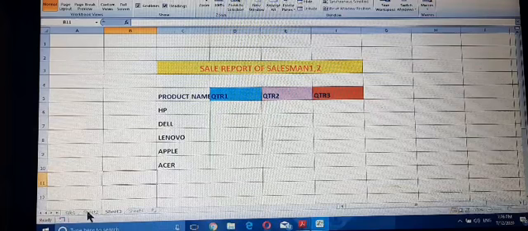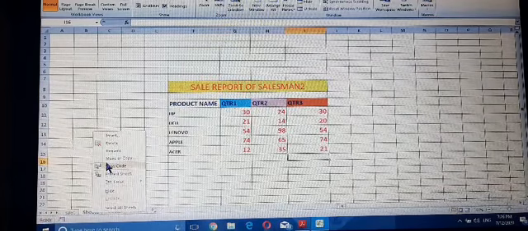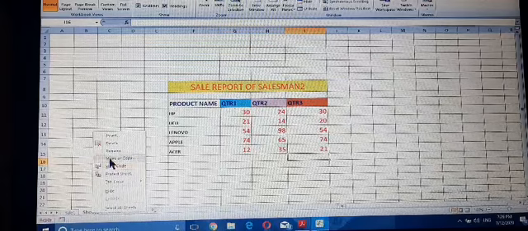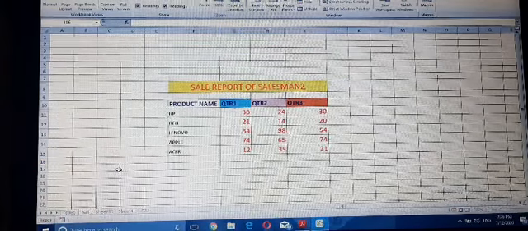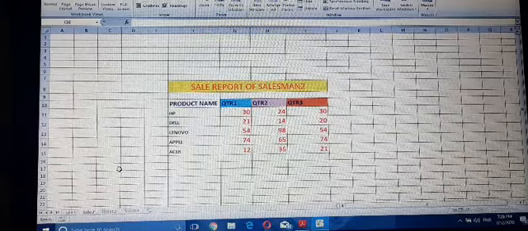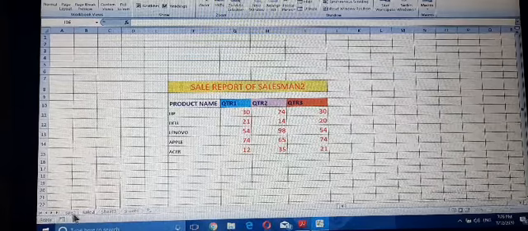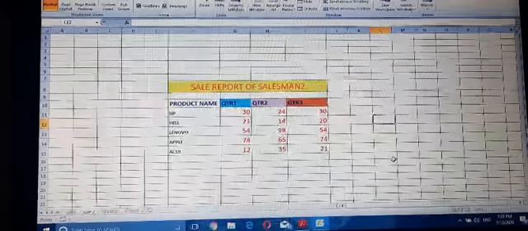Select the sheet first, then right click on the sheet name. It opens a pop-up menu, select the rename option. Then enter a valid name for the sheet. In this way we can rename the worksheet.